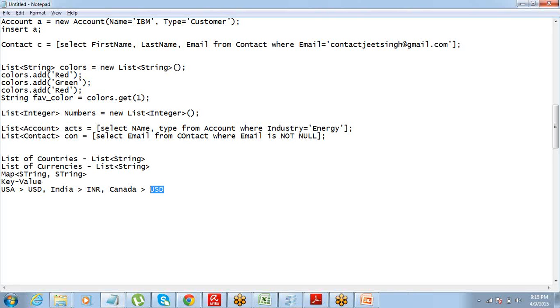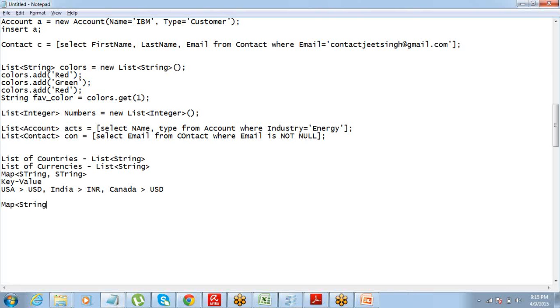Key should not be duplicate, correct? So key value pairing, same value can appear for two keys, but there should not be same key for two different values. That will make life difficult for us, correct? So keys should be unique. The key side should be unique always, but value can repeat. So there can be same value applicable on multiple keys. Make sense, right? So you define it like this: